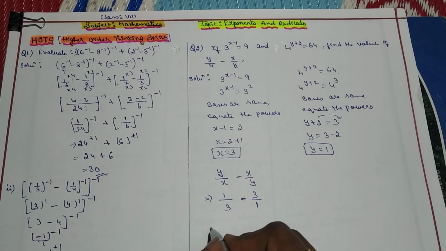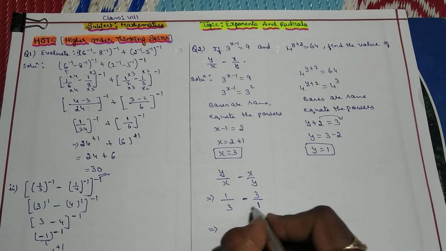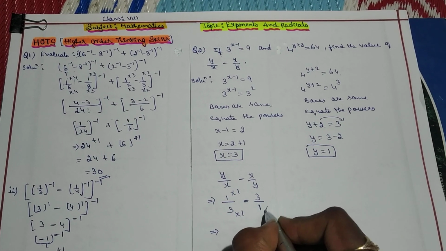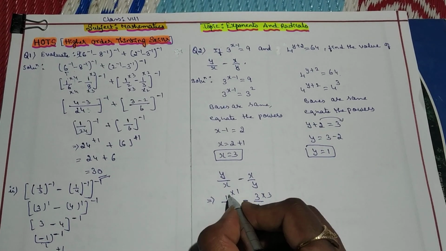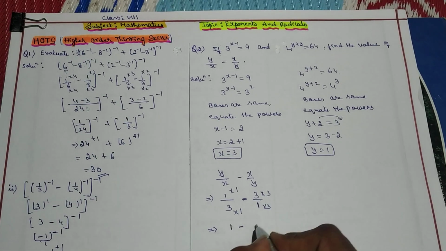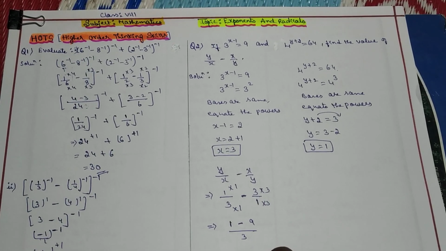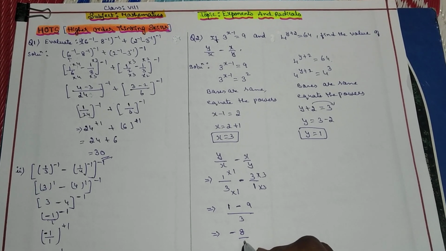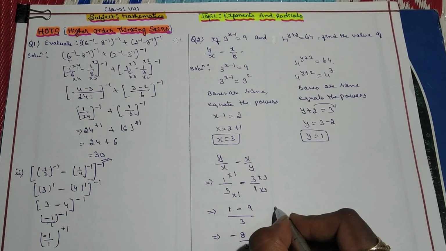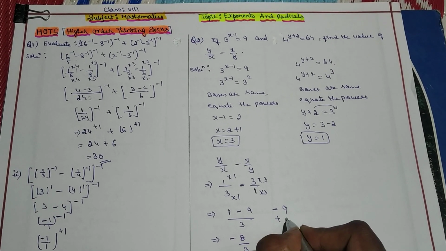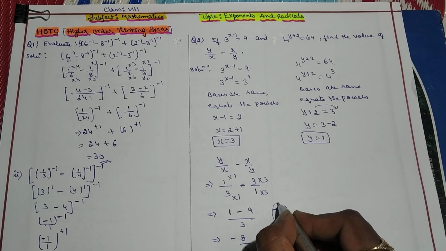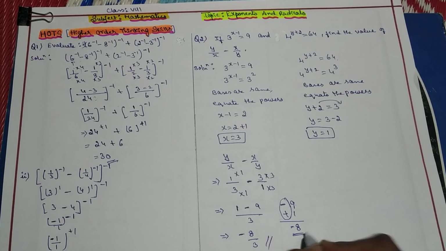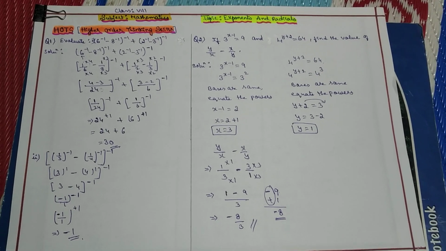So further can be done by taking the denominators, that is LCM. So 3 1s are 3 and we know that 1 3s are 3. So 1 1s are 1 minus 3 3s 9 divided by 3. So subtracting of integers, 1 minus 9 is minus 8 by 3. We know that bigger number takes the minus sign and the smaller one is plus 1. So unlike sign subtraction, 9 minus 1 is 8 and sign is minus. So minus 8 by 3 is the answer, children.